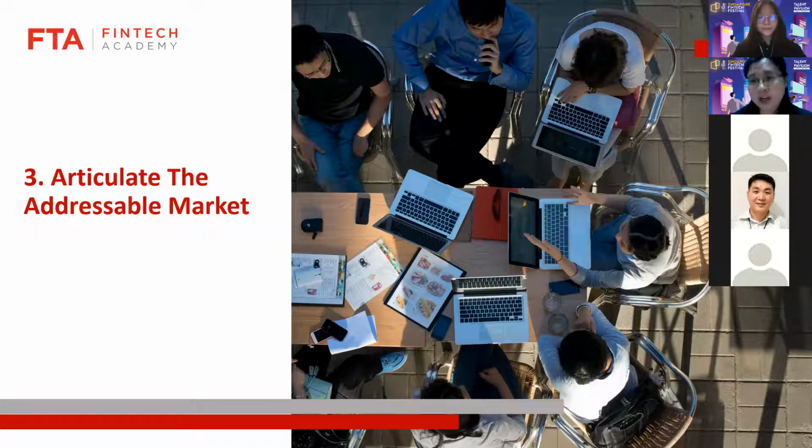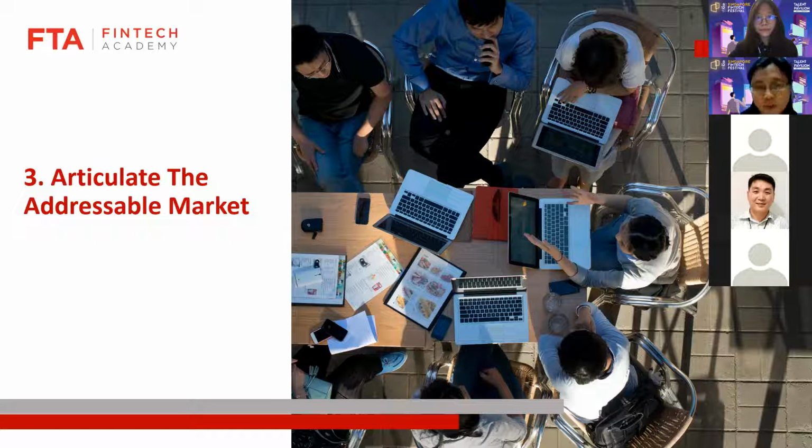And then you will find out that your addressable market is no longer just people from 18 to 55. They'll probably be people who are conscious in terms of nutrition, and they probably will also have to be close to where you think you might be selling your fruit juices. So this is how you really want to refine your addressable market when you present it to your investors, and not just have it being very generic.